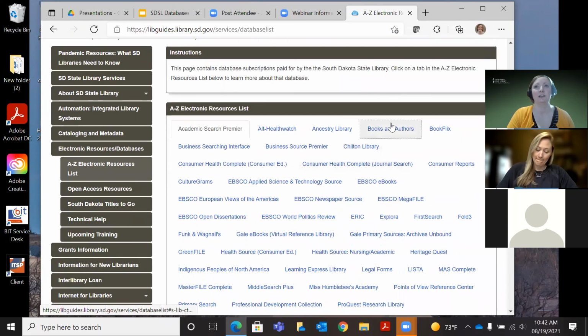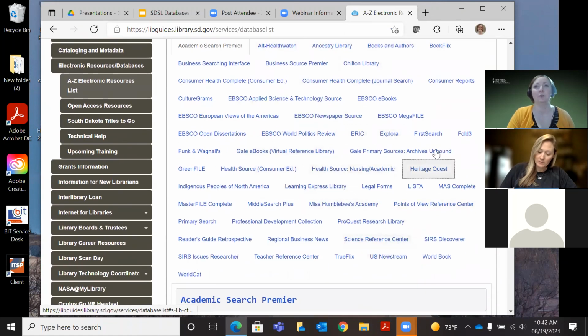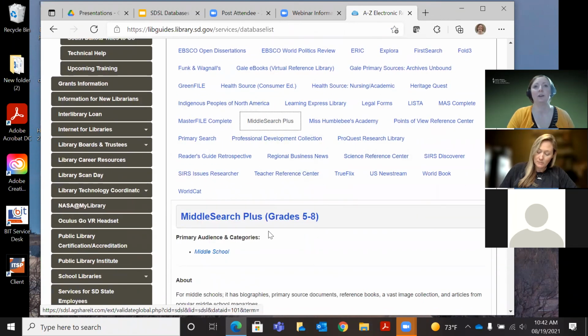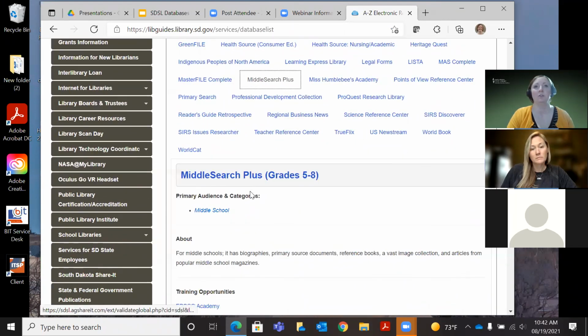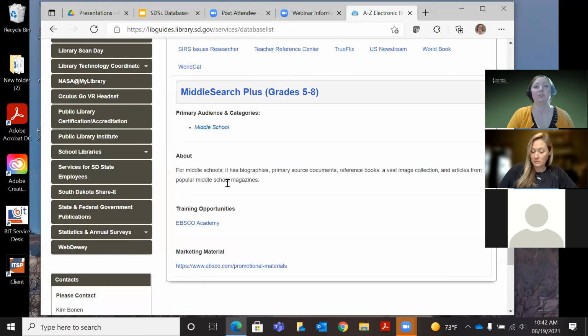And then you're going to see a list of every database that we have. So every database has its own page. And I'm just going to click on Middle Search Plus. And if I scroll down, it took me to the Middle Search Plus page, and you're going to see information about it.